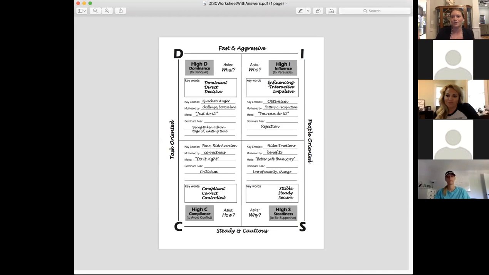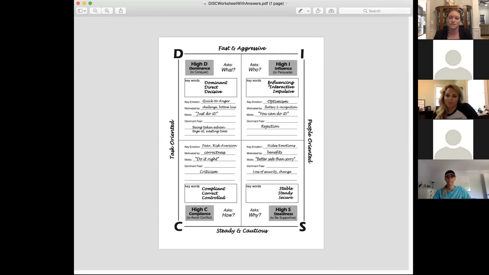And they're going to be like, hey, you want to go stop at that store over there? That looks really exciting. And you just say yes, because you're so feeding off of their energy. They've got great energy. And they are the person who asks who. Who are you related to? Who do you know? Who's going to be at the party? These kind of questions are going to be the big questions that come out of them. That's how you're going to know you're working with a high I.